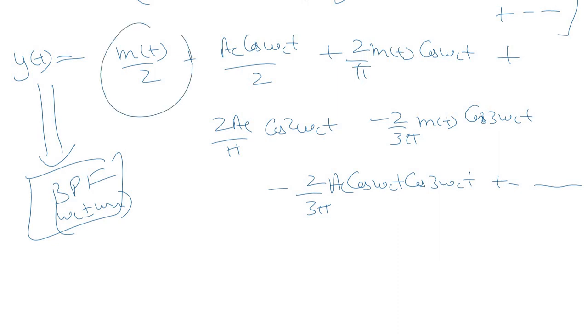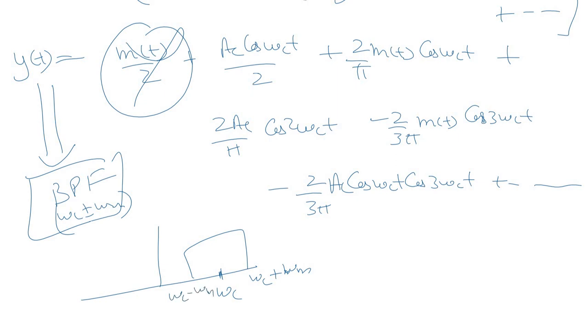So the first term is m(t)/2, so the frequency component present is ωm. So definitely this will be eliminated. It won't pass through the band pass filter with such a pass band centered around ωc and the range ωc minus ωm to ωc plus ωm, right? So only the terms whose frequency components lie in this range will pass through this band pass filter. The second term is Ac cos(ωct). The frequency component present over here is ωc, which will definitely be passed through this band pass filter.